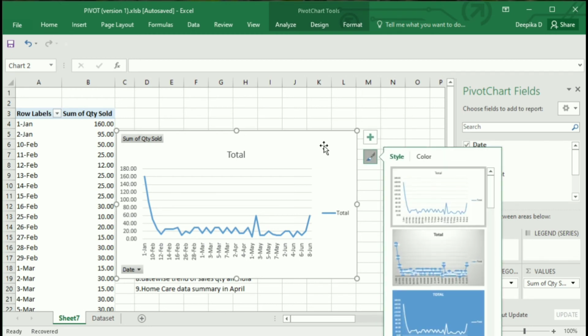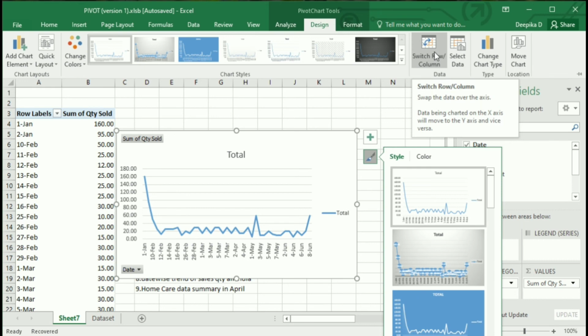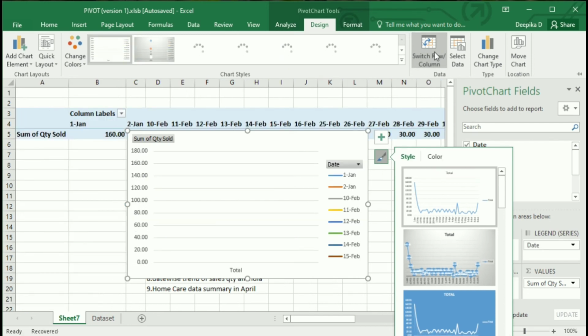And at any point of time you can go ahead and change chart type from design tab. You can change chart type, you can add in more details, you can switch across rows and columns. And now you see it is a pivot table, and if you do this switch row and column to a normal table chart, it will not automatically be able to change your table as well. But right now these are interconnected, so if I select switch row and column, it's not merely switching row column here, it's also doing it to the table. So this is one of the benefits of using pivot charts over normal charts. Okay,